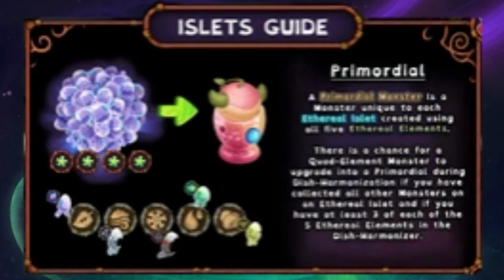And you can also unlock the Primordial monster, a monster that will be exclusive to the islets. These are based off the prototype ethereals. Now, the way it works is that you need to have every other monster on the islet before you can obtain it. And once you do, the quad of the island will have a chance of becoming this monster when